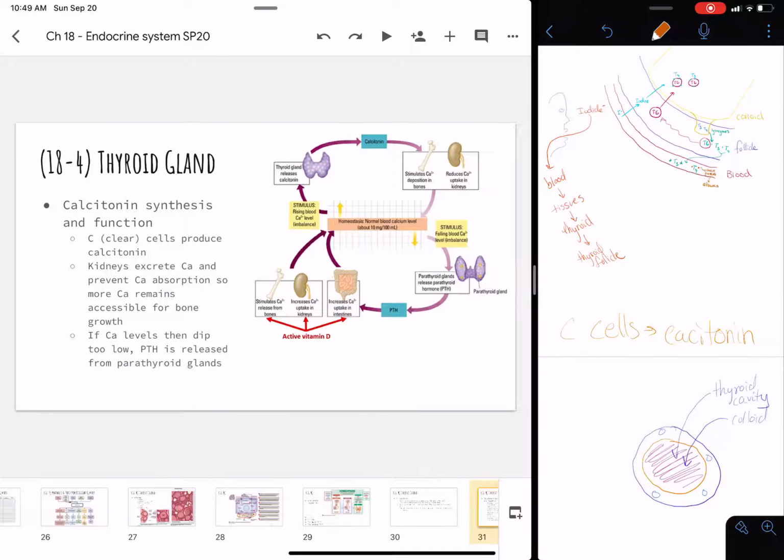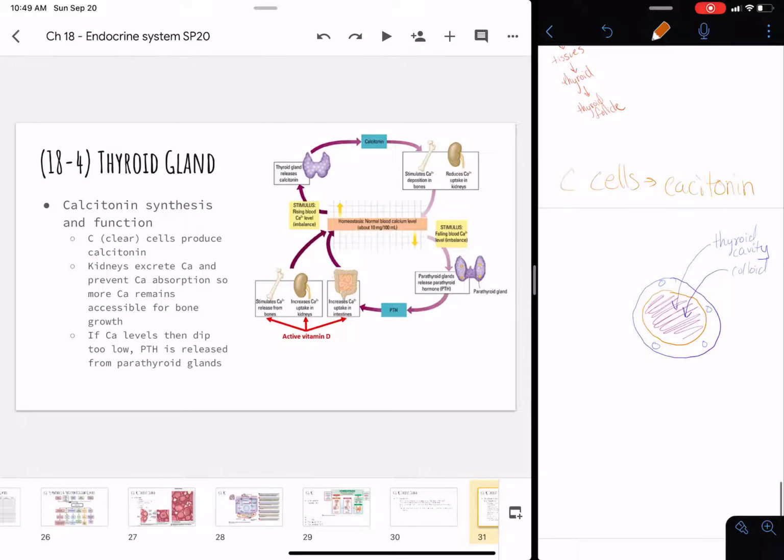Like I said, those C cells are making calcitonin, and so what does calcitonin do? Calcitonin is going to work with the parathyroid hormone, which is released from the parathyroid gland, which is just on the posterior aspect of the thyroid, which we'll talk about in the next section. And calcitonin is going to be counteracting what parathyroid hormone is trying to do. So calcitonin, I always remember bone in, calcitonin. So it is trying to increase the calcium levels